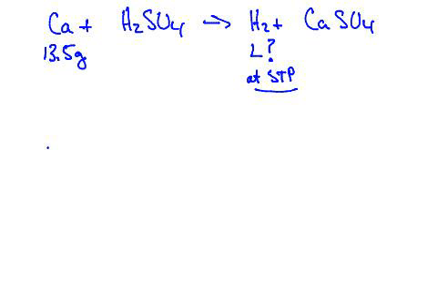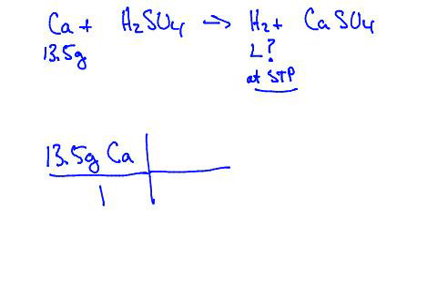So now you just do dimensional analysis, ladies. 13.5 grams. Now, very important. Did I write 13.5? No. I wrote 13.5 grams. And I must say calcium. I don't say of, but I say grams Ca. Yep. Put that over 1. Now I do the whole railroad tracks thing. I need to convert to what first now? We want to go grams to moles. The very first step, just about always, is going to be convert what you know into moles.